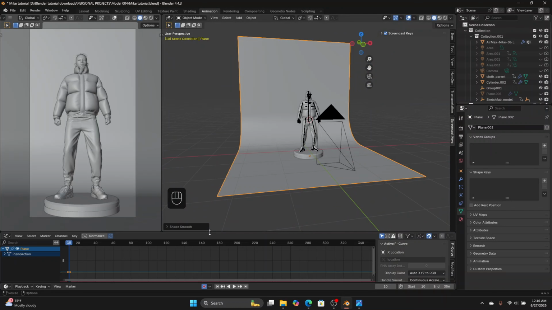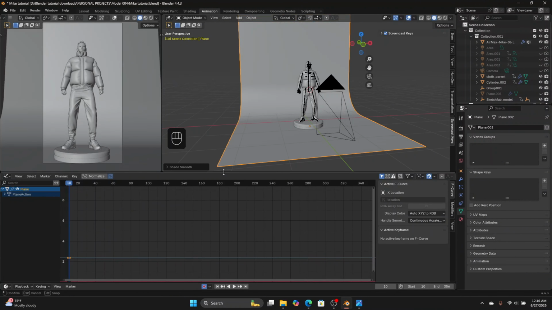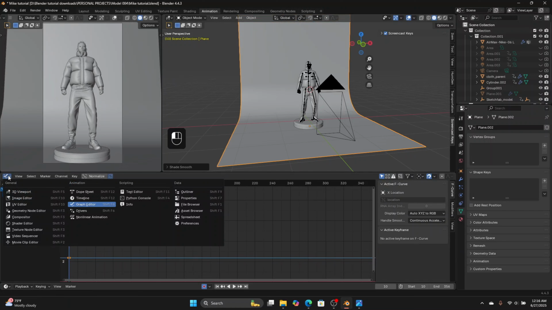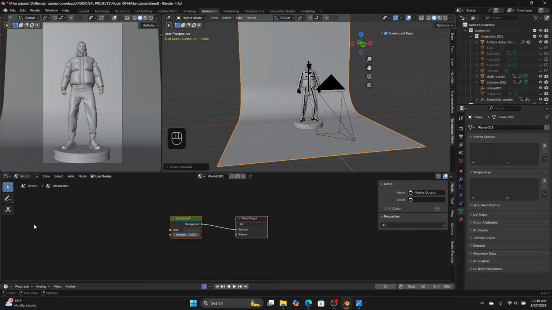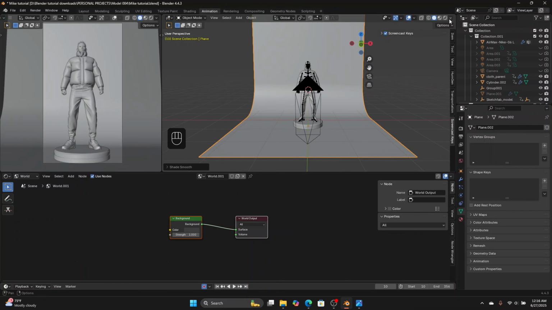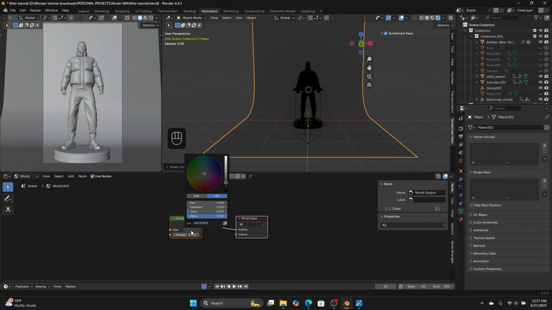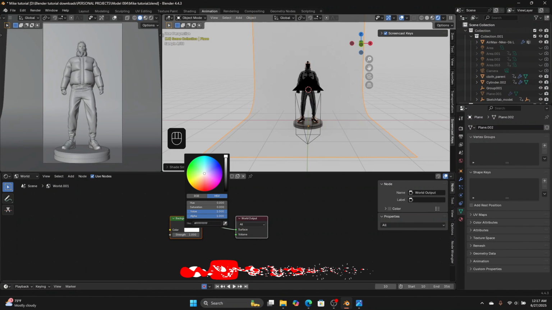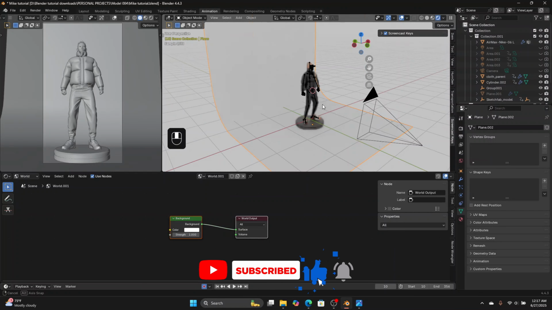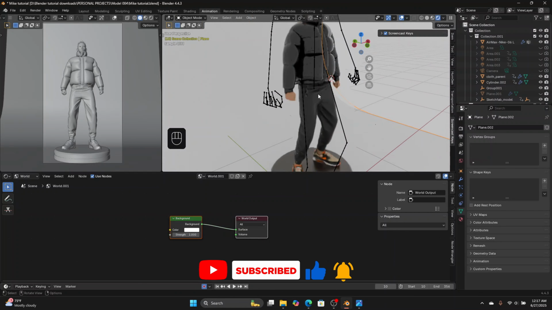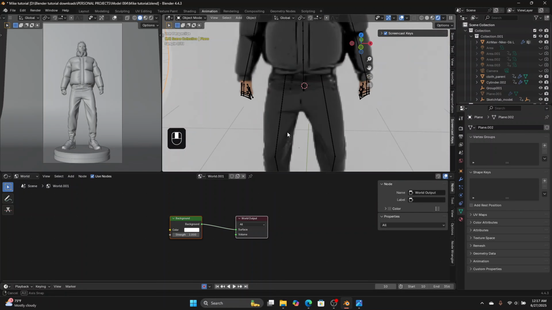which is quite important, which is our world lighting. Let's move this up, come here and go to our shader editor. As you can see, currently we have a very basic setup that allows you to do simple lighting, just like changing this to white, right? But you notice that when you do this, you don't really have a lot of information or a lot of stuff happening with